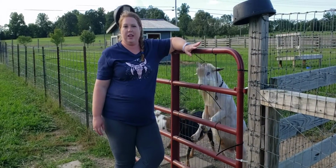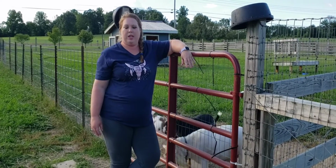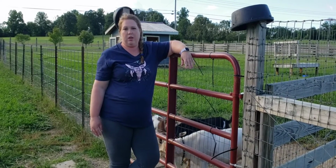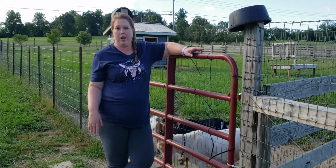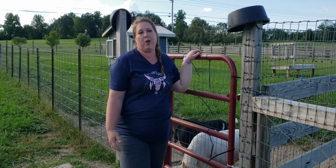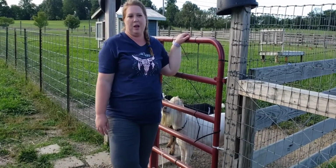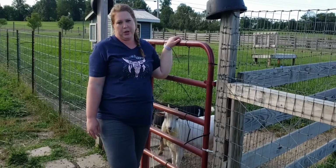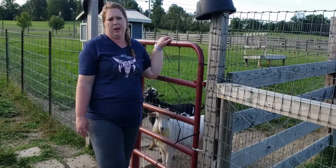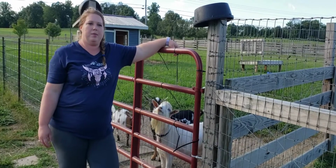Now, something else that changed since we were last on is we sadly lost our senior buck. His name was Fields of Grace, Z Zambra. We called him Hiram, and he was a very special boy. But I had to put him down about a week ago, week and a half, actually almost 2 weeks. But anyways,